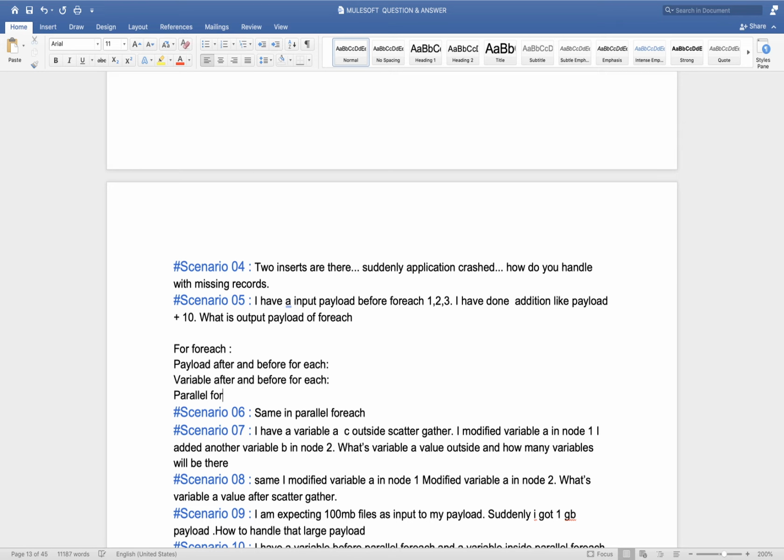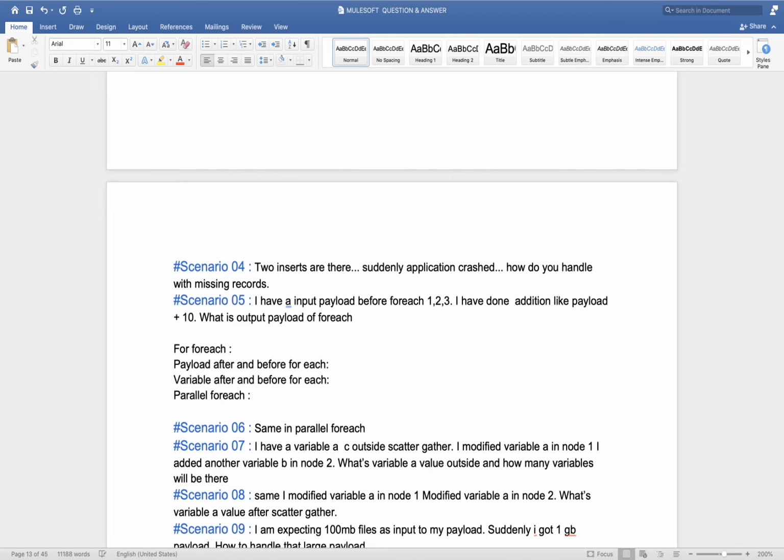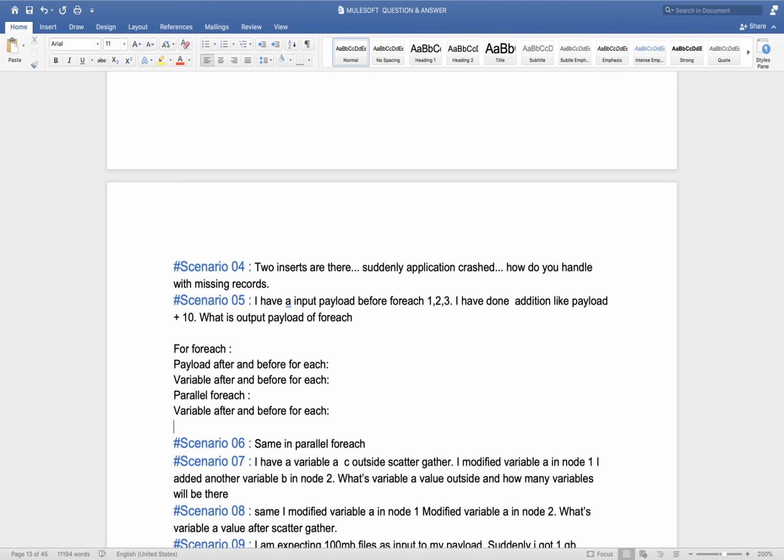Parallel for each: variable after and before for each.